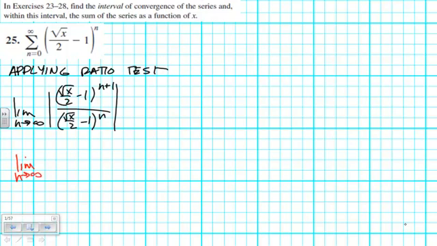minus 1. Absolute value of the square root of x over 2 minus 1. That's it. That doesn't have an n in it. There's no n left. So as n goes to infinity, it is simply the square root of x over 2 minus 1. So when